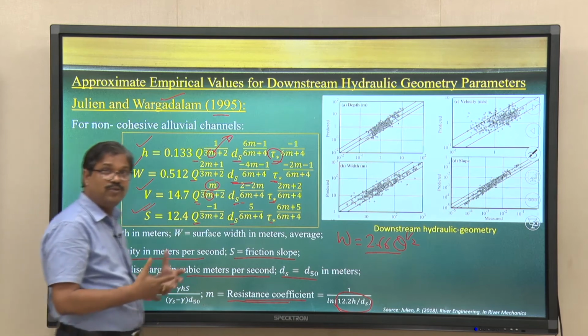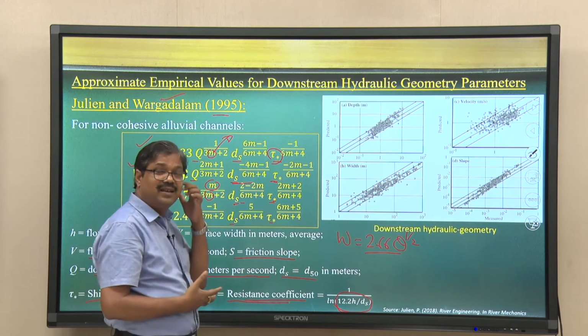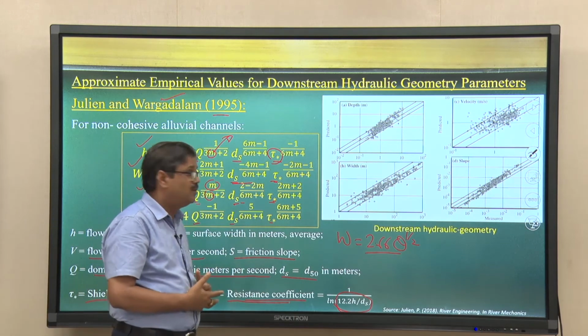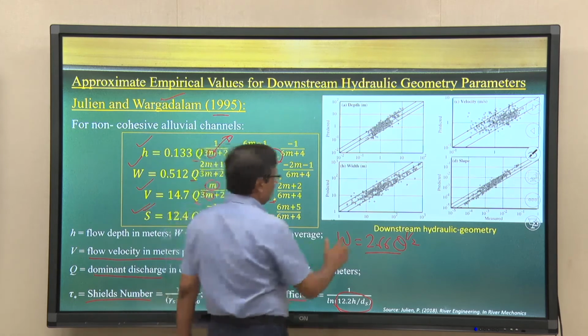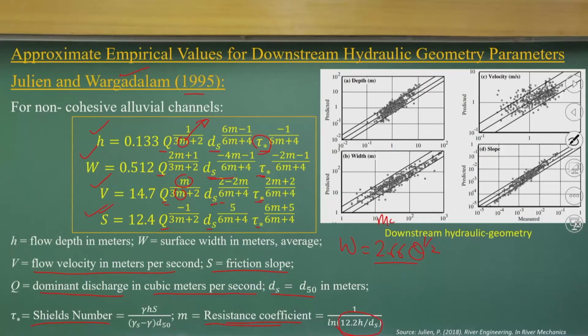So, that is the reason when you develop regional scale relationships, you need to have a huge data set. Okay. That is what the statistical analysis is. If you look at this, this is the measured one versus the predicted for the flow width. If it follows a 1:1 line, it is perfect, but it does not happen. For a river database, predictions and measurements should not be 1:1, because that is the natural variability